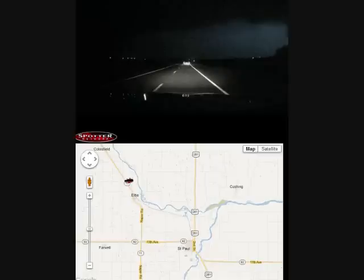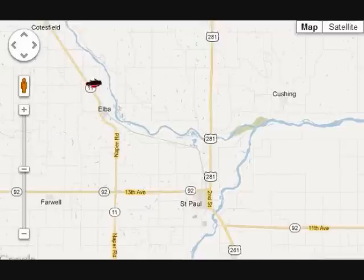I chased all day long across South Dakota and Nebraska, culminating in the evening with this beautiful supercell near Elba. You can see the leading edge there, plenty of lightning within it. We've seen some funnels within this, but a lot of hail, a lot of rain that's gone along with this,